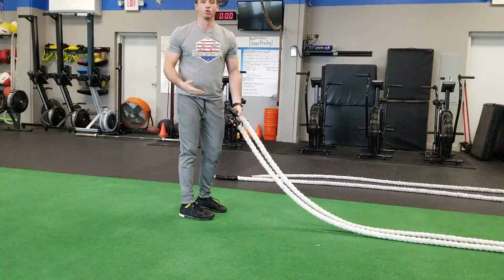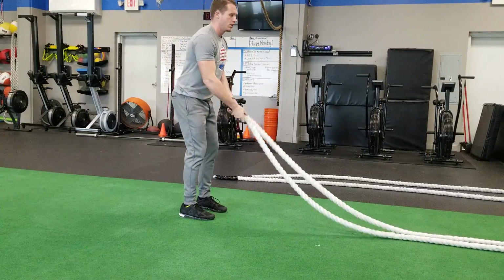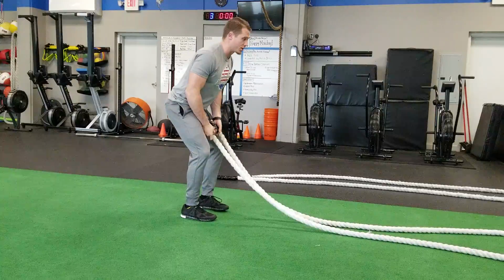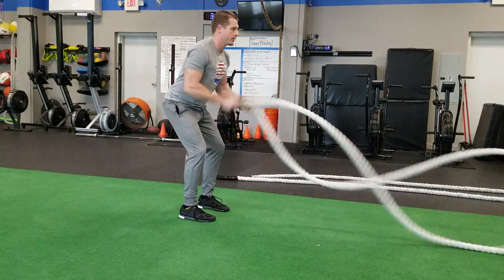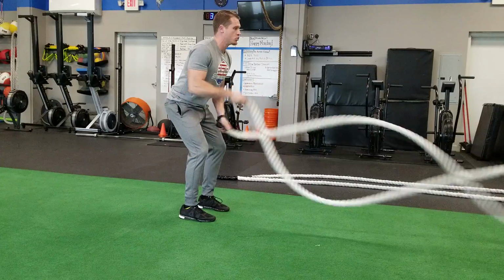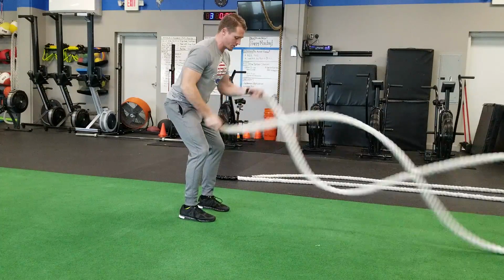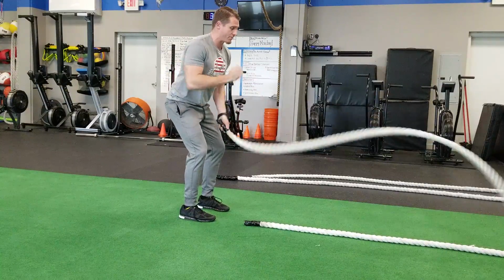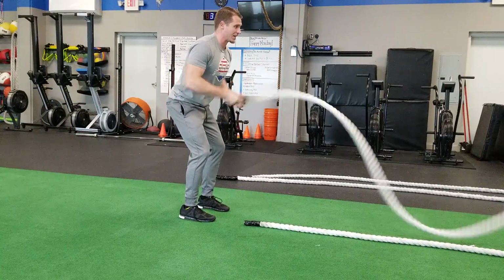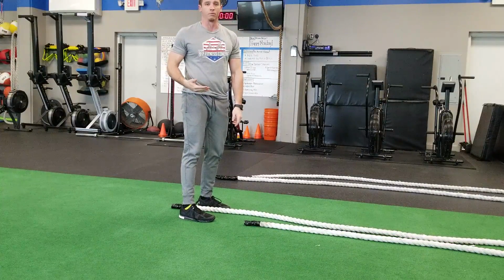The most common movement people like to do in these is those undulating or alternating waves with their arms. So what that looks like in an ideal situation, I'm gonna get set in an athletic stance, then I'll get my arms going, and I'm trying to get these waves smooth and rhythmic and get them all the way to the wall. Now, if you see me doing this, let's pretend I'm using both arms right here. So I have both arms going. But what you don't see a lot of is my hips shaking side to side. So that's fault number one,